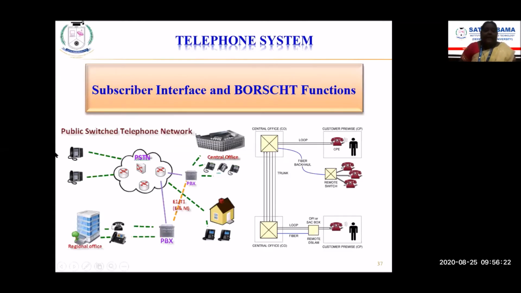And so what is happening here? Normally it is called a PSTN, the public switched telephone network, to which all the telephones are connected, and this is the regional office where our local telephone is getting connected. That is connected to another PBX, the private branch exchange, and from there through the PSTN line it is connected to the central office. The central office, we normally call that a telephone exchange.